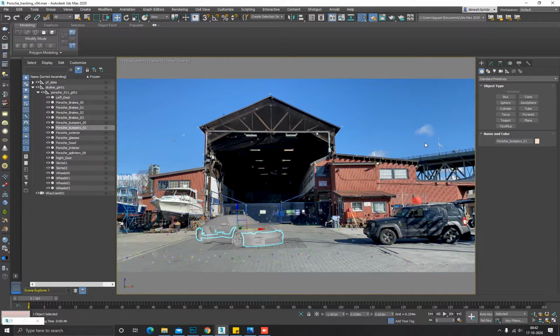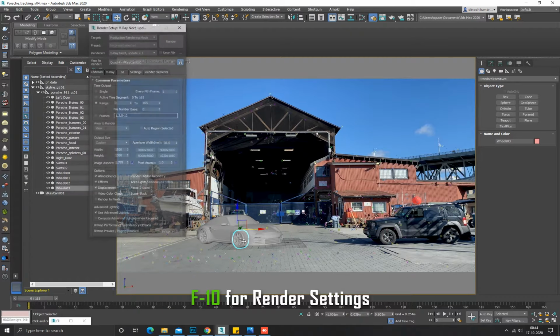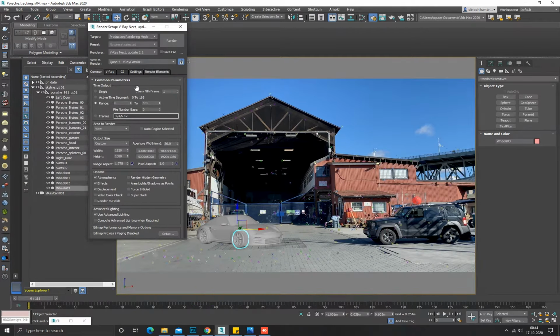So we are straight on to 3ds Max. Let's carry on our first step, which is adding materials and textures. As we are using V-Ray to render our scene, we will first set our render engine to V-Ray. So press F10 to open render settings. Then go to the drop down menu. Then select Assign Renderer as V-Ray.